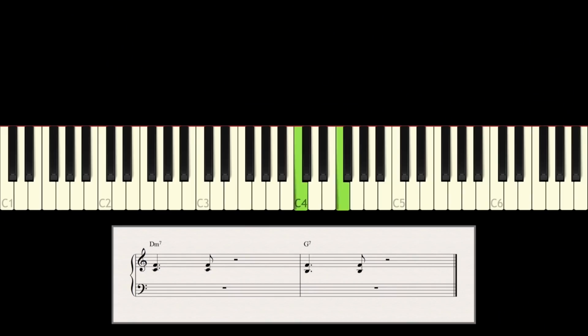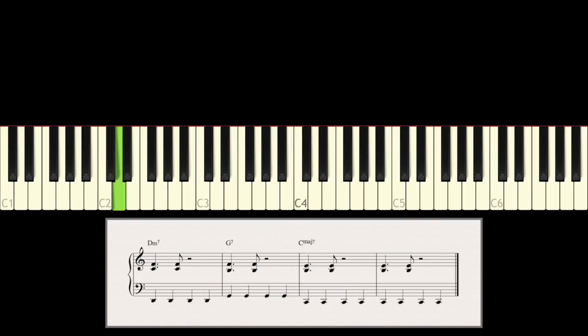even start to do some stuff in the right hand too. Maybe playing some simple shell voicings just to get started with that hand independence. So maybe you pick a rhythm in the right hand like this. This is what it sounds like with both together. I'm keeping the variables to a minimum here, just so you can get the independence between your hands